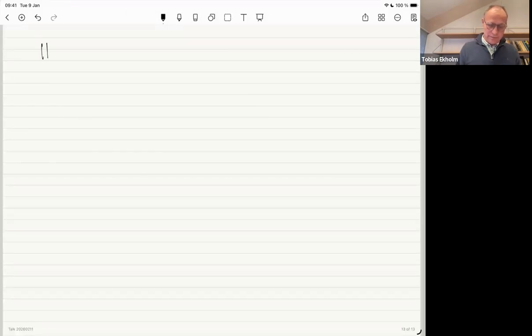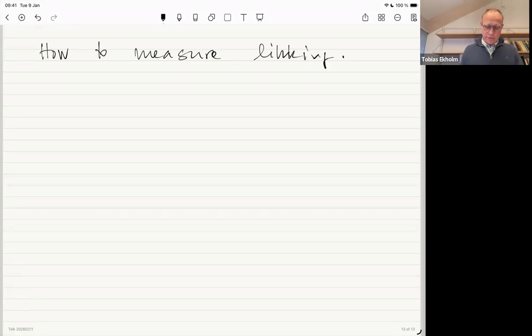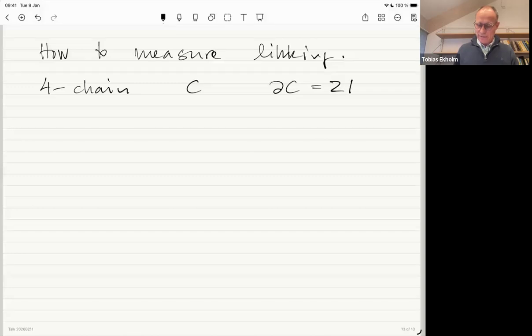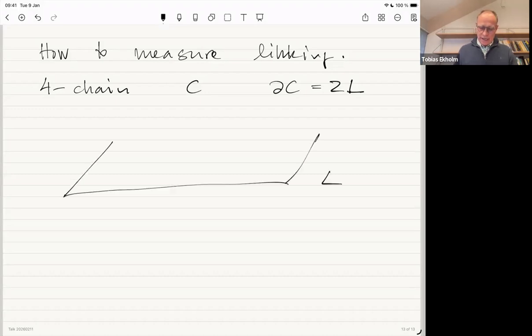So how to measure linking. What we do is we find the four-chain, we assume that this one exists. So in examples, it will be clear. So four-chain C, such that the boundary of C is equal to twice L, okay? And here is L, and along L, we fix a vector field, that's xi,